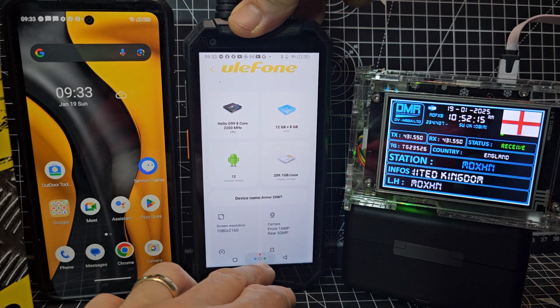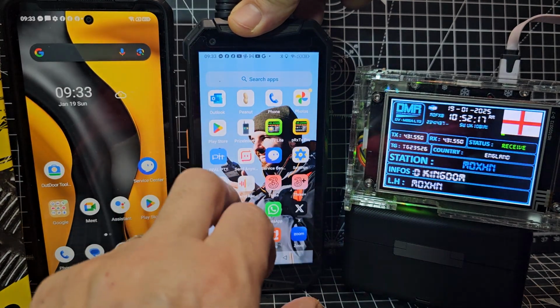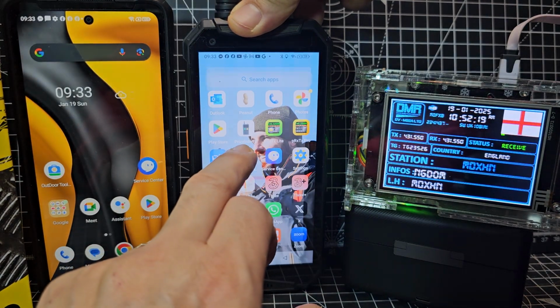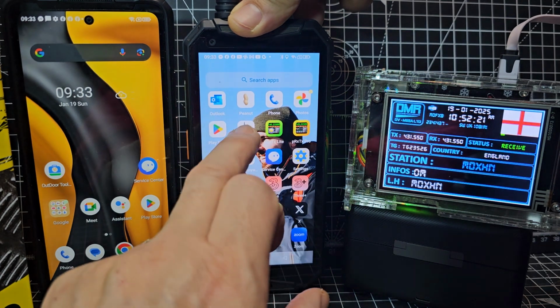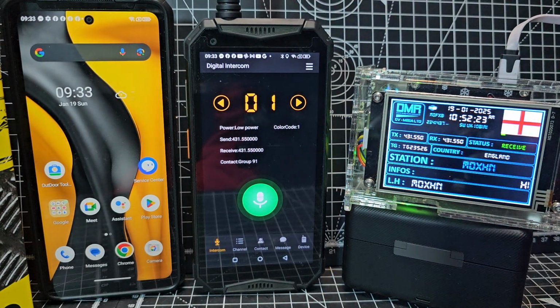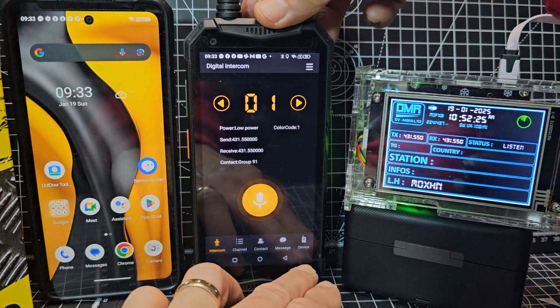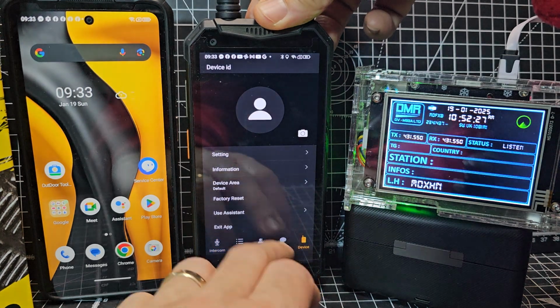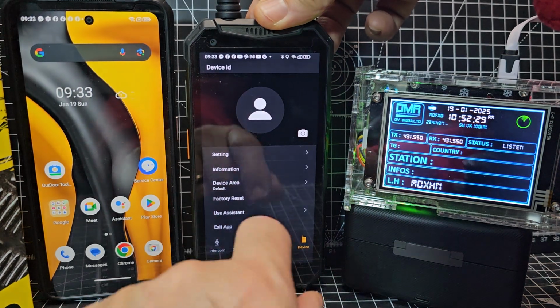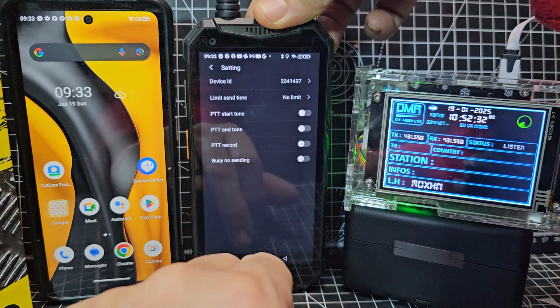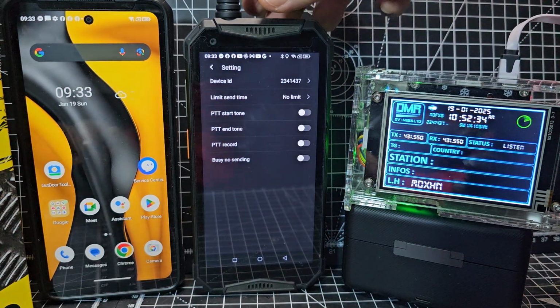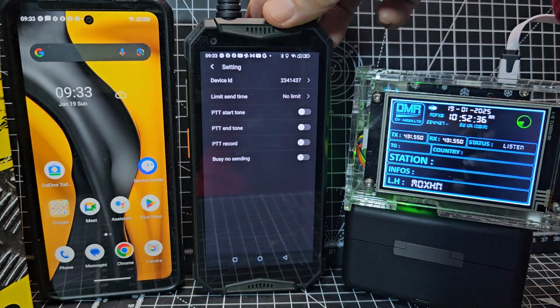But anyway, let's have a look at the app. So if you swipe up and look for the app that's called Prize Inter. Okay, not that one. Prize Inter. And I'm going to show you how to set this up. First thing is go to device settings. You need to get in your DMR number if you want to use the DMR side of the radio. But it is an analog radio as well. So DMR, we hit settings, and at the top here, my DMR number is